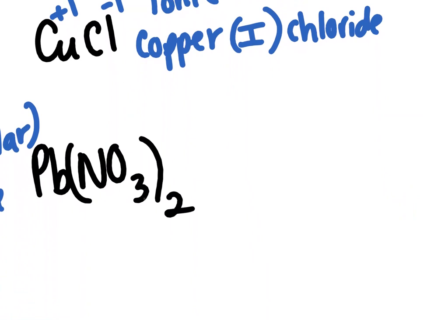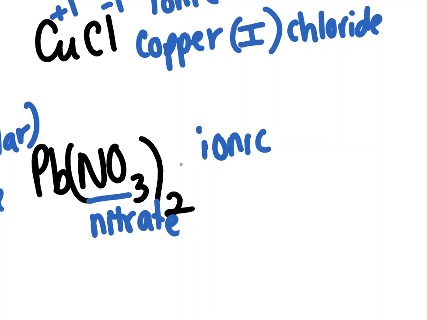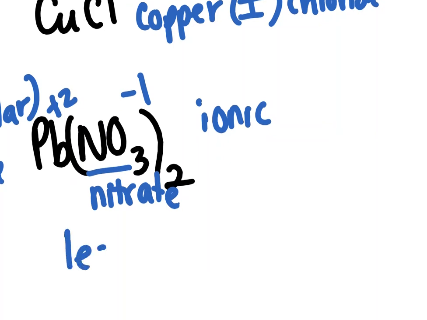Again, a metal, and this one's a polyatomic ion. So I need to figure out the charge, so it's ionic. Need to figure out the charge on the lead. So let's look up, this is polyatomic ion, this is nitrate. And its charge is -1. So then since there's 2 of these -1s, this lead must be +2 to make it neutral. So then I do the name, metal first, metal's always first, its charge, the last name, I name the polyatomic ion,